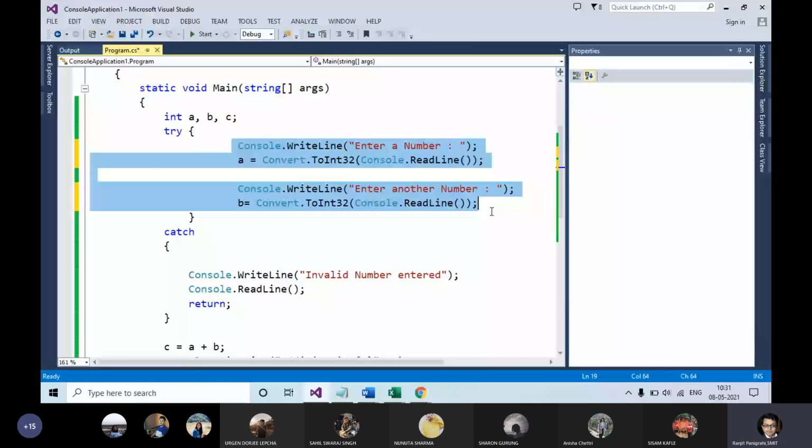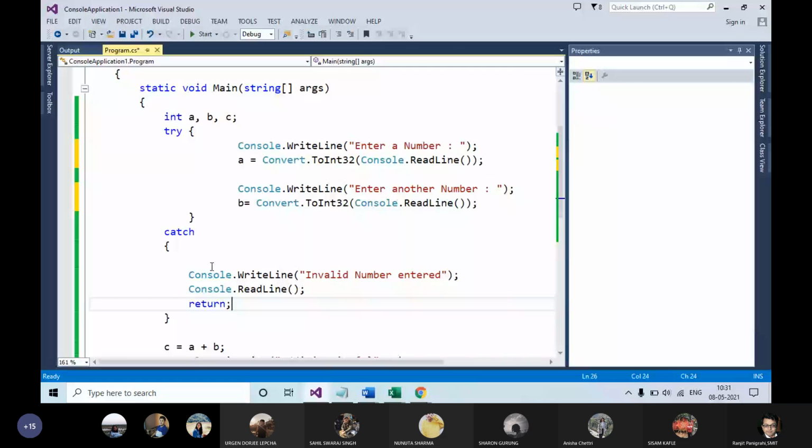In the catch block you will display an appropriate message, so that the user will understand that the software shows some kind of error, and he or she can easily communicate to the developers, okay, I got this kind of error, can you please solve it?